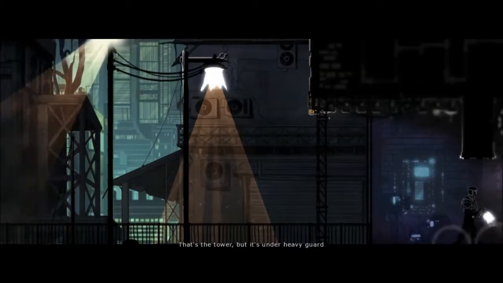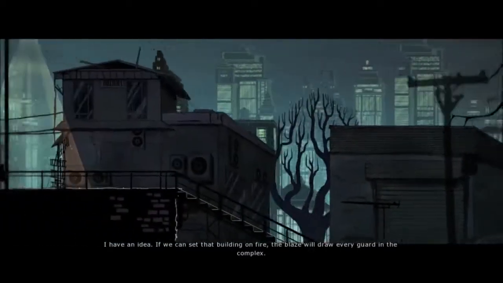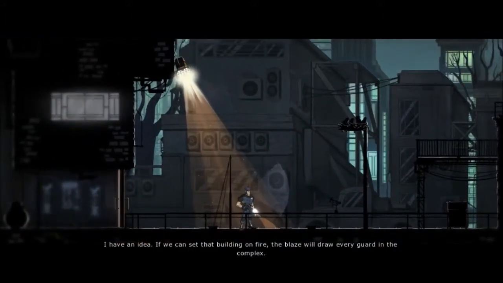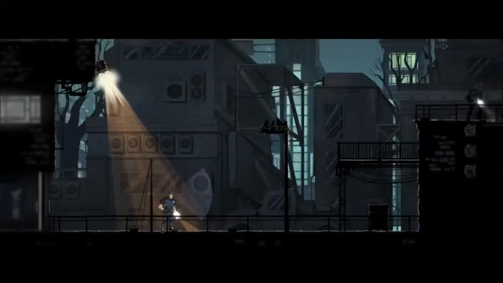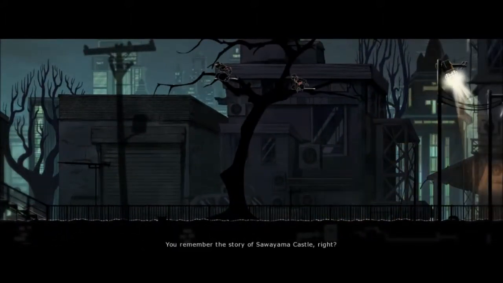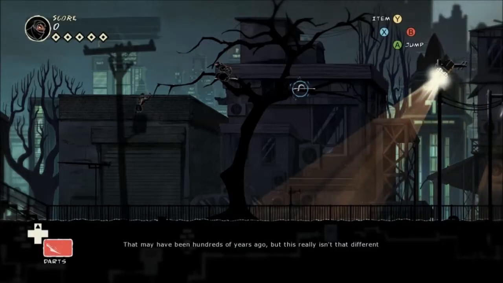That's the tower, but it's under heavy guard. I have an idea. If we can set that building on fire, the blaze will draw every guard in the complex. I like the sound of that. You remember the story of Sawayama Castle, right? That may have been hundreds of years ago, but this really...